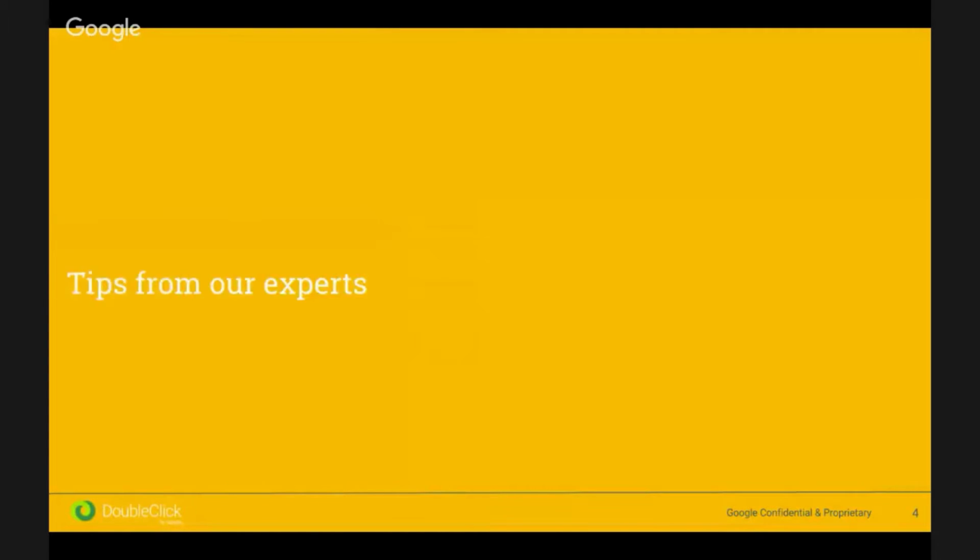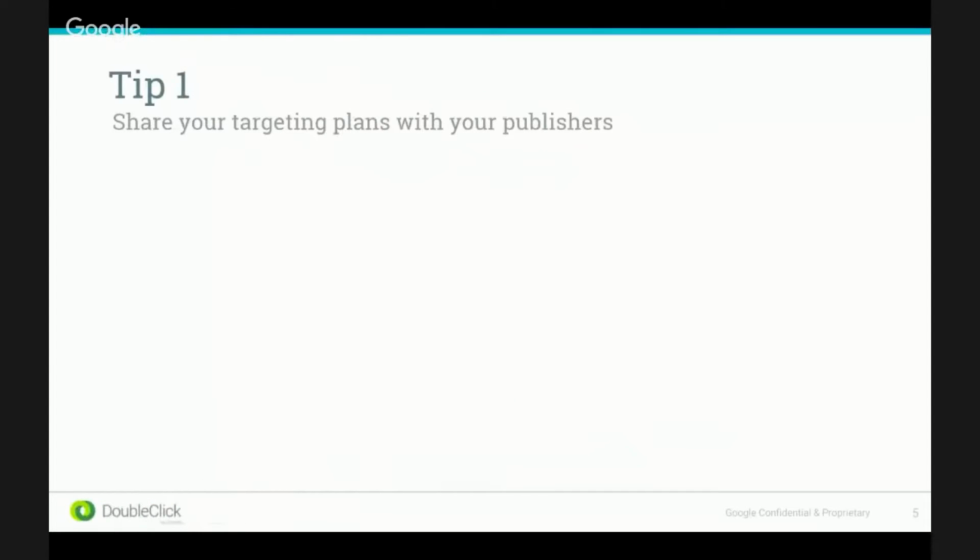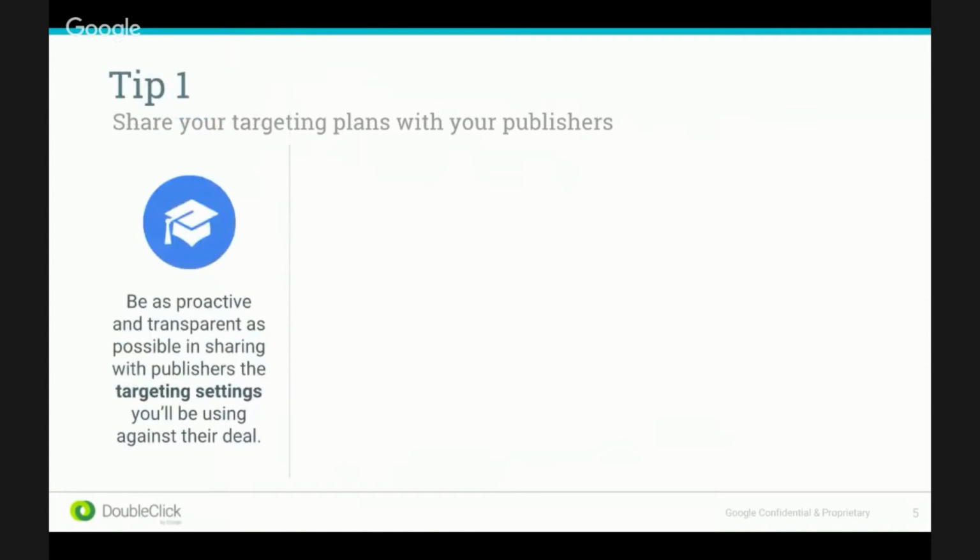With that, let's go through 5 helpful tips straight from our deal experts. Tip 1. Be as proactive and transparent as possible in sharing with publishers the targeting settings you'll be using on the deals you've set up with them. Why? Because publisher inventory may not work with your targeting restrictions. For example, advertiser lists, sensitive categories, keyword targeting, including negative targeting,